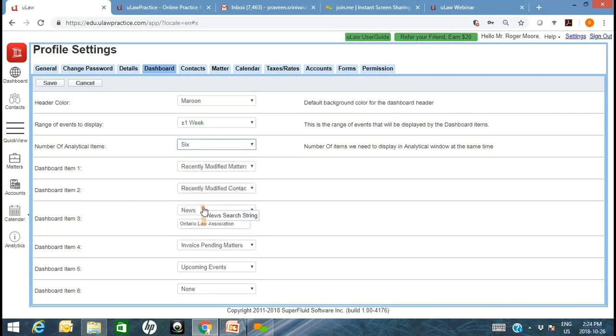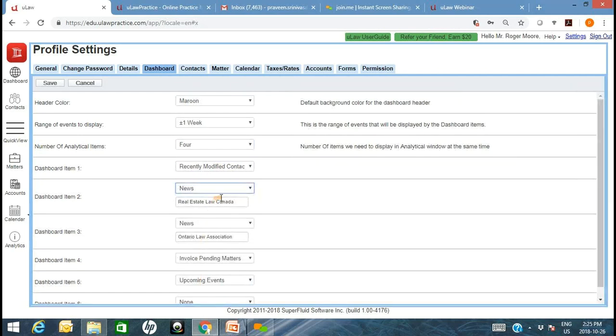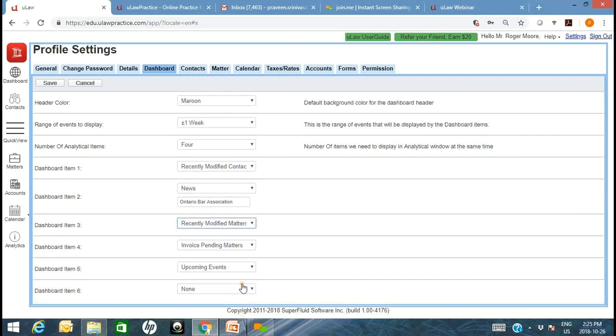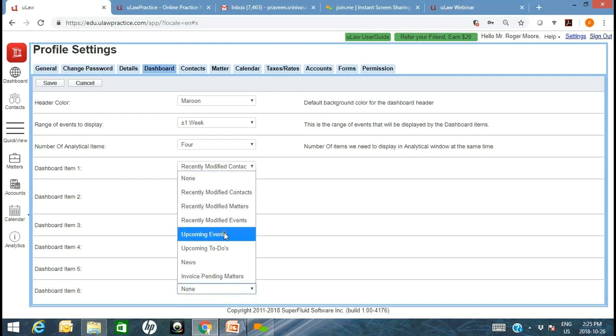I'll use the dashboard and jump into a more recently modified matter that I was working on, a commercial file for a business client, Adidas. You can see my default has a standard color of lightish blue. But if I were to change my background color to something as radical as troll green,